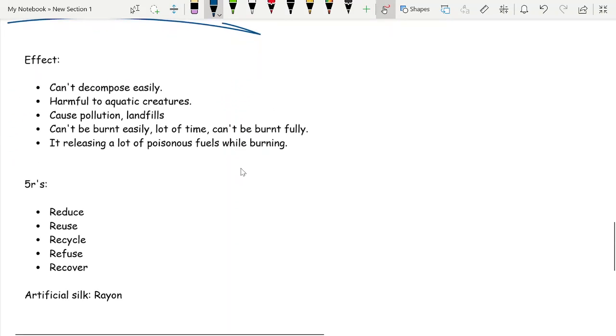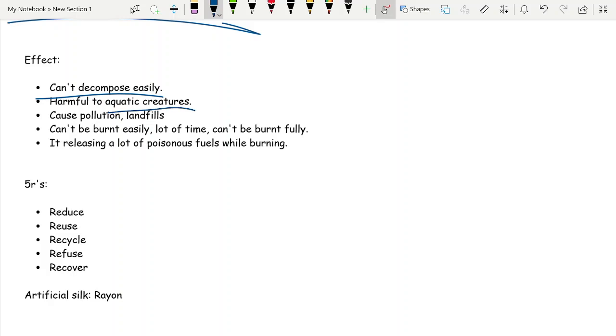Now, effects on the environment. Why do we say that plastic is bad for the environment? Now, it can't decompose easily. What does decompose easily mean? It means that it can't really be broken down easily, meaning it really just can't. There's no way to get rid of plastic, and that's why it ends up in the oceans, in the seas,